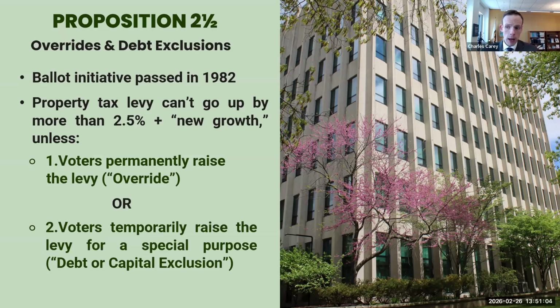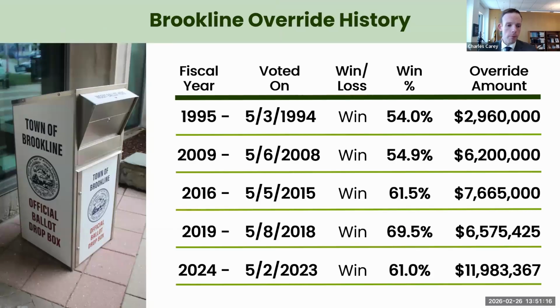But the community, through the educational process of explaining to voters why it's necessary and what they get out of it, has historically provided pretty broad support for operating overrides. For example, here are the 5 that the state has records on, and the winning percentage of the vote in each case. In 1995, there was an override for $3 million, $6 million in 2009, 7.6 in 2016,